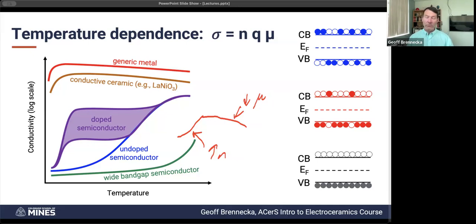So you might be in a regime where you're changing the species. You might be in a regime where you're just changing which is the dominant factor. In this case, for example, you might saturate the number of electrons that you have available, which is what's happening in that undoped semiconductor, the one in the blue. Another example, if you've got a handful of electrons, but not a huge number, you'll see this kind of behavior. And then you get to a point where you start to activate ionic conductivity, for example, but you've not gotten to the point where you're going to have a lot of